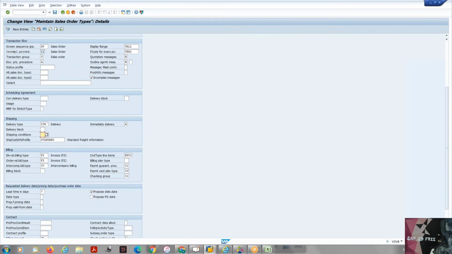But for a particular document type, whenever you want to create a particular sales order type or sales document type, by default, if you want to use a default shipping condition, then you will use this. If you maintain a shipping condition here, it means this shipping condition for this sales document type gets copied by default. Okay, this default will actually have more priority over